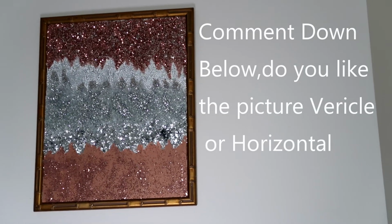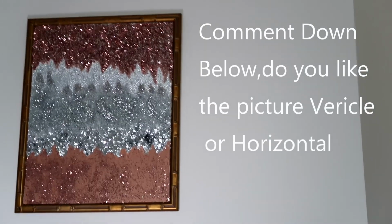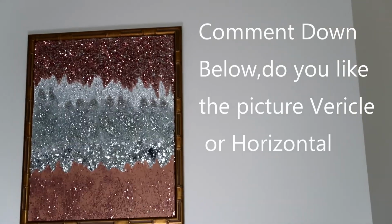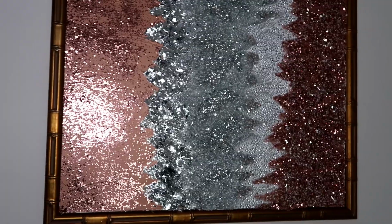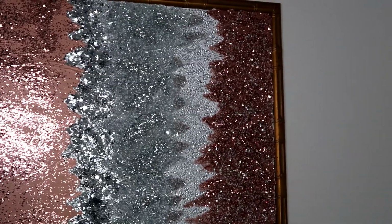So yeah, let me know what color you think it should be. Should the frame be white, silver? Just let me know. Do you think it should be a pearl color? And yeah, let me know if you like it